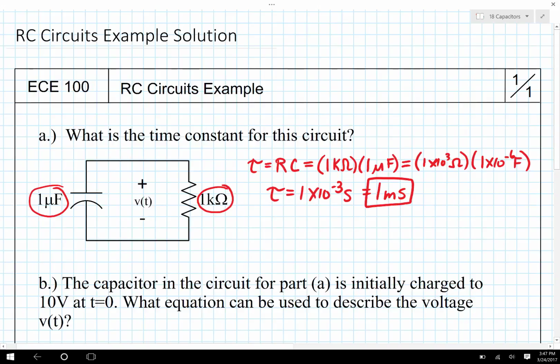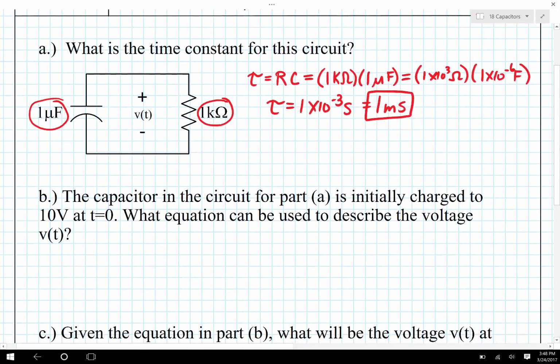So I know that the time constant is 1 millisecond, and that tells me that this capacitor is going to decay over the course of a few milliseconds. 1, 2, 3, 4, 5 milliseconds. If we get out to a second, that's going to be 1,000 milliseconds, and the capacitor will have essentially decayed to the point where we won't be able to measure it anymore. So we're talking about 1 millisecond per time constant. 2, 3, 4 milliseconds later, the capacitor will have decayed pretty much to the point where it's approaching zero.